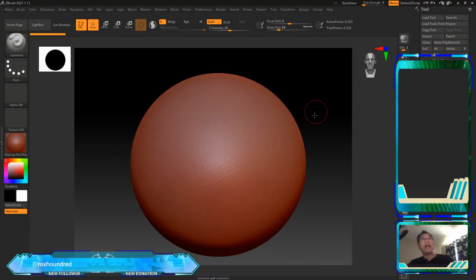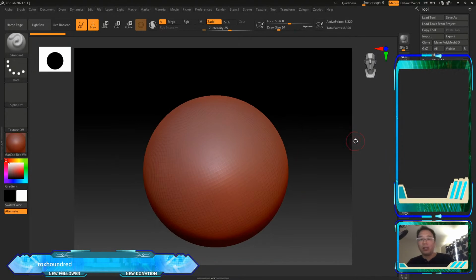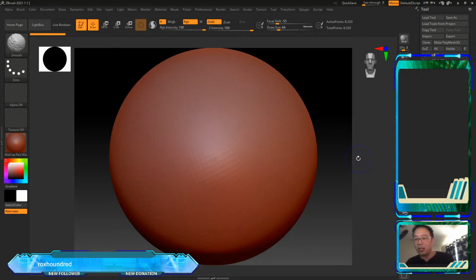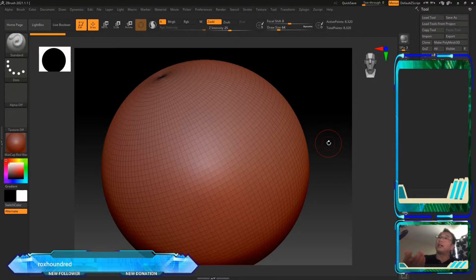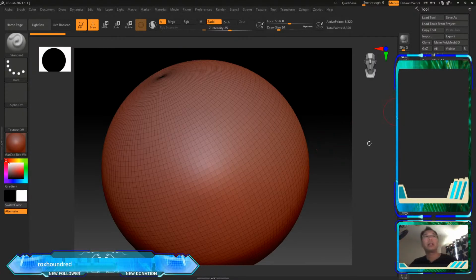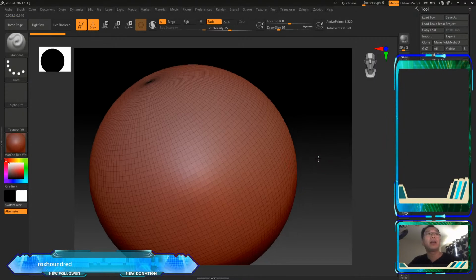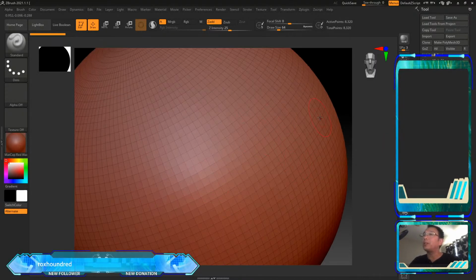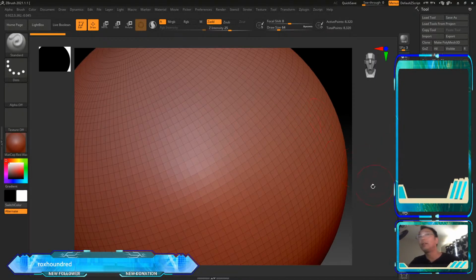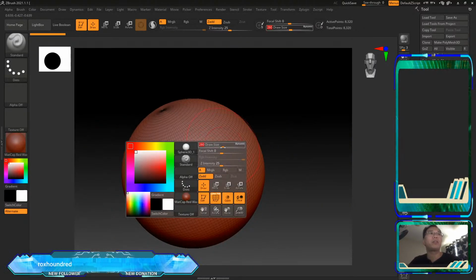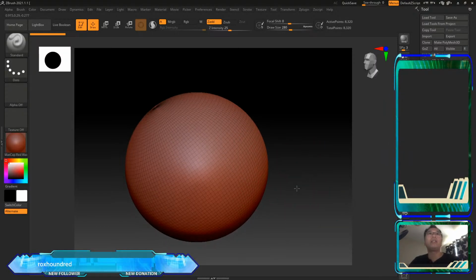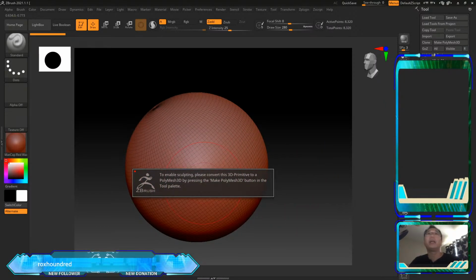Okay, so back to ZBrush. So what does ZBrush do? Well, if I were to hit the Shift F key, we can see same thing, exact same thing. We're dealing with polygons. No different. Guys, there's no difference in this object. Same material properties, same reaction to light, right? All the same calculations. Those calculations have been around for years. There's nothing different, right? What ZBrush allows you to do is to,